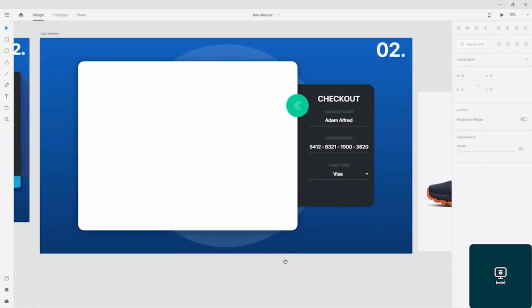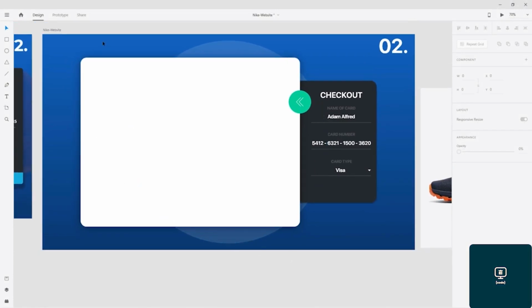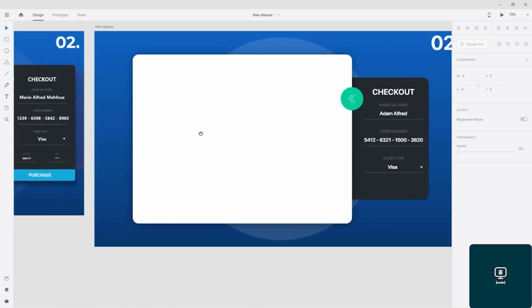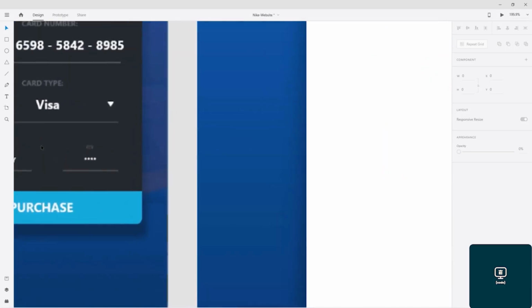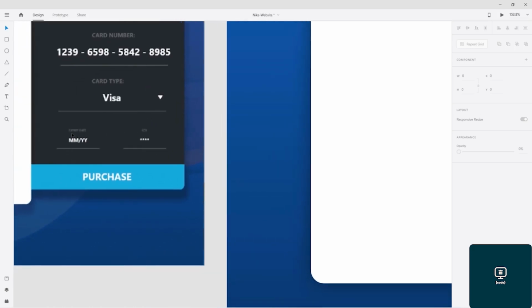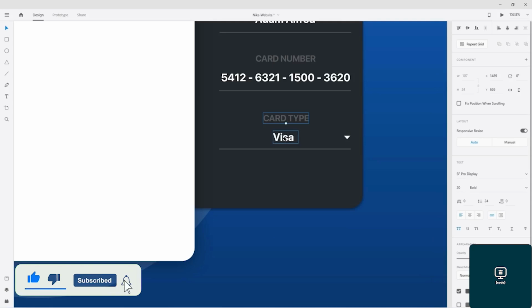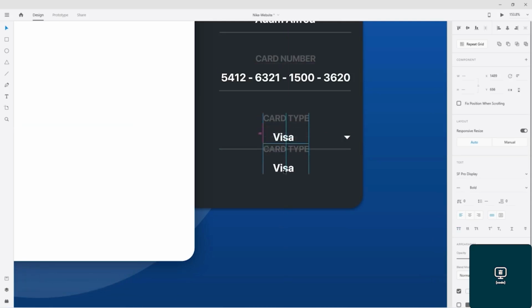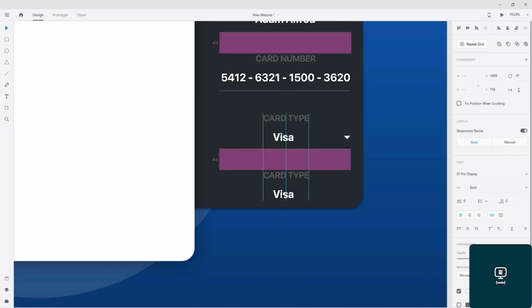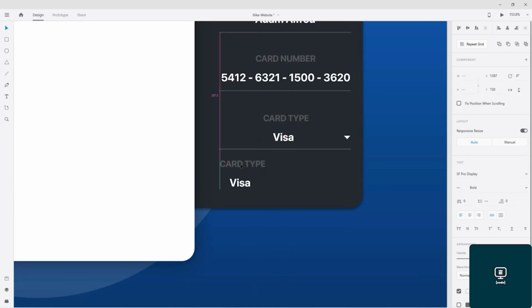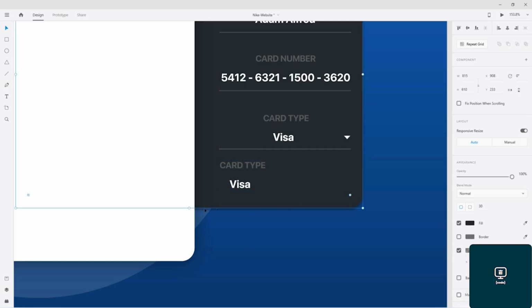Well, in the previous video, we noticed how we can design the shopping basket and we analyze its different elements. And now we are going to move on and see what is left to do. Here we need to have the expire date and CVD. So here on this one, we make a copy just like that. Of course, if we increase the size like this